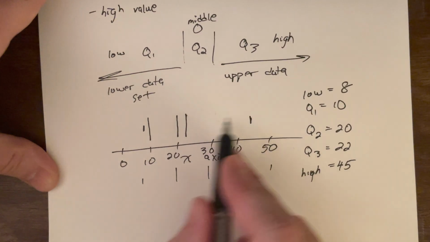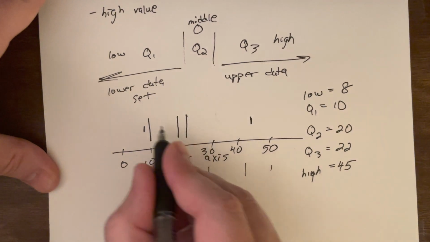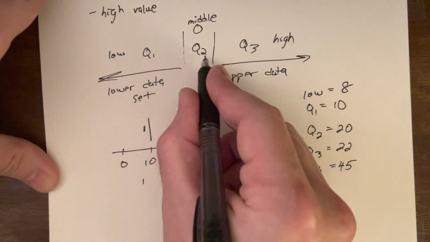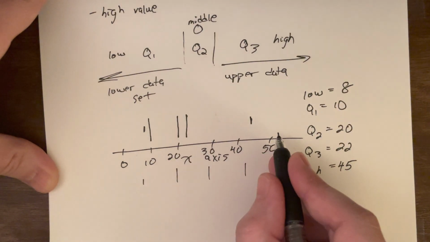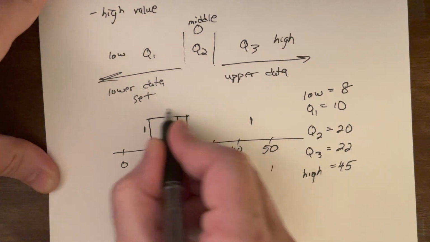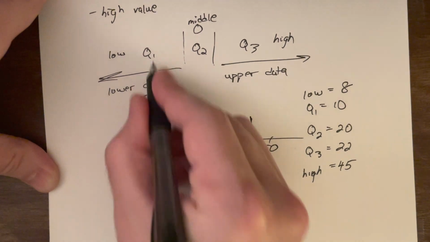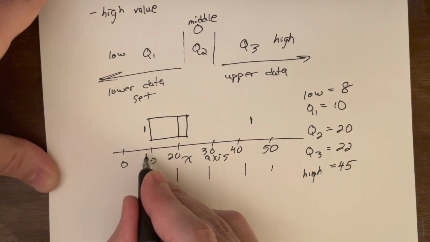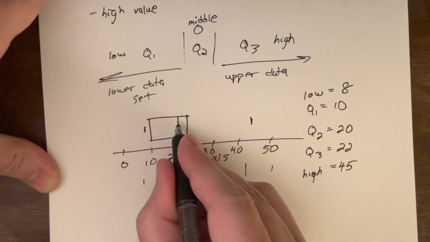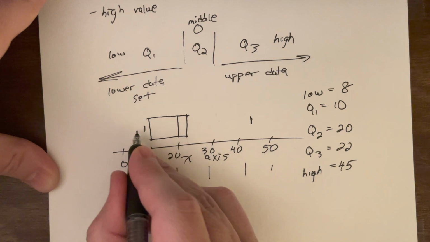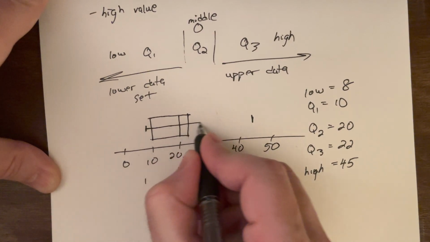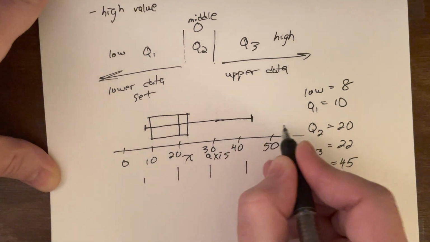Now, why do they call this a box plot? You make these 3 lines in the middle. These 3 longer lines represent Q1, Q2, and Q3, and they always go in that order. You make them the same length, and you make this box around them so that the Q1 line represents the left side of the box, the Q3 line represents the right side, and Q2. Notice, it doesn't have to be right in the middle, but it's just a vertical line somewhere in the middle of this box. And then you have a horizontal line that cuts through the middle of the box and goes